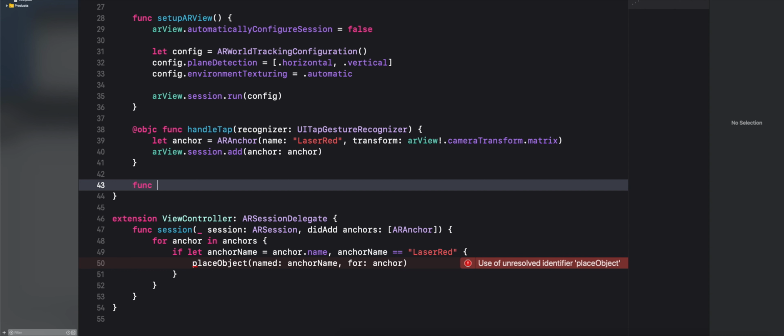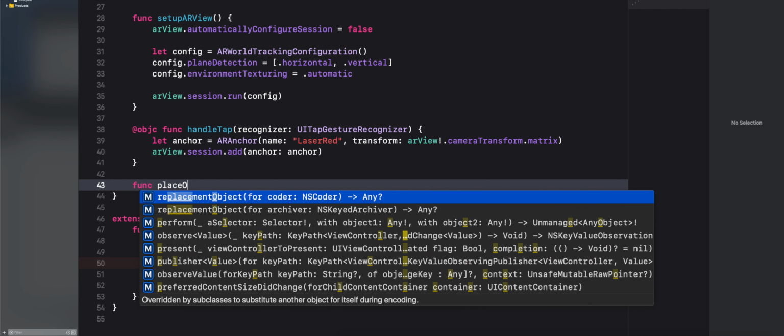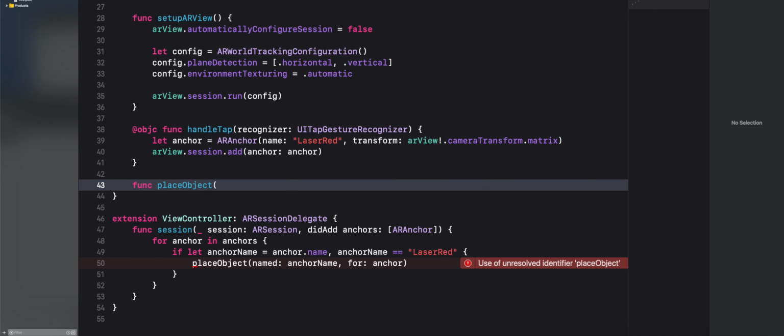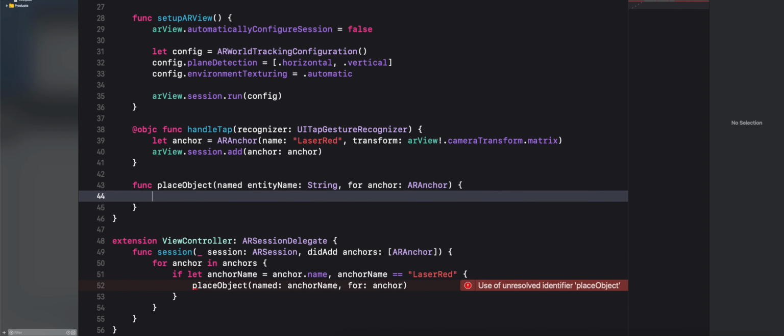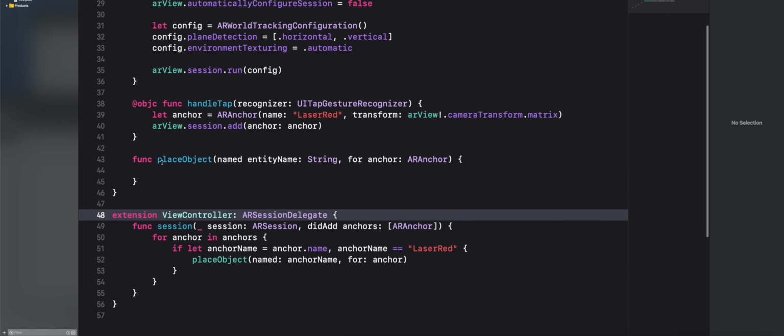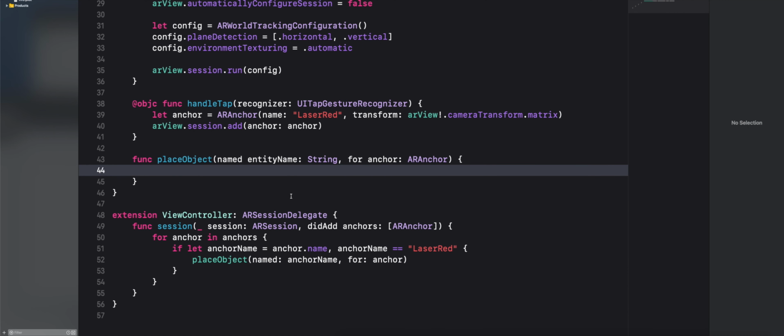Once you've created a lot of AR apps, this will come second nature to you. Place object, named entity name, string, and then for anchor, AR anchor. So now we have our function, and the warning should go away. There we go. So the first thing we're gonna do is load our laser entity, which can